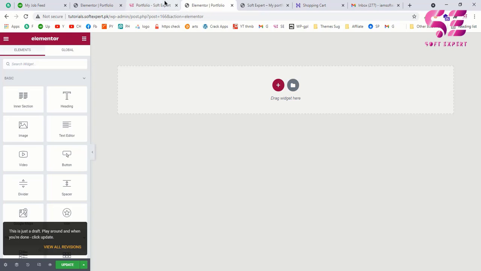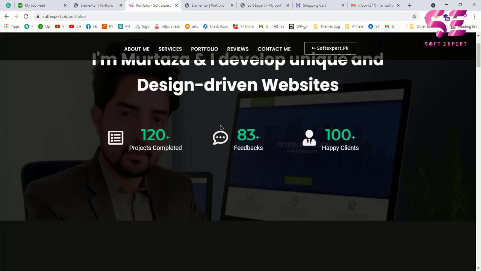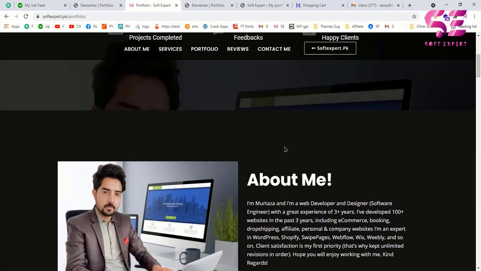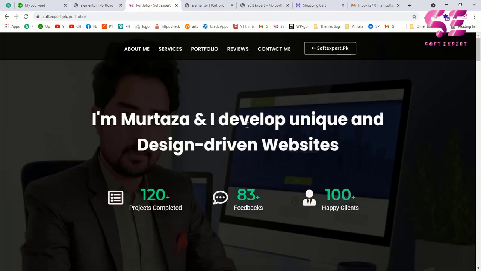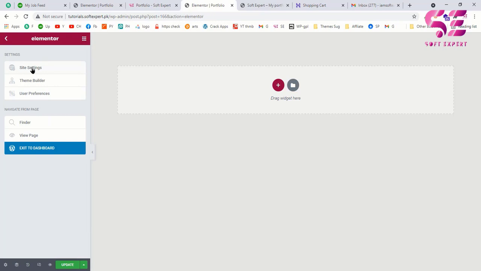Before designing this, let's go back, and here as you can see we have this heading which is similar to this, and the text, everything is the same on the page. We don't have extra colors, we just have this green color and this white color. So we can set these things in the Elementor site settings so that we don't do this all the time. To do this, just go back to Elementor, and this time we will go to Elementor options and click on site settings,